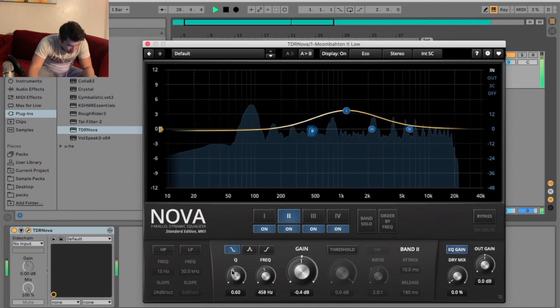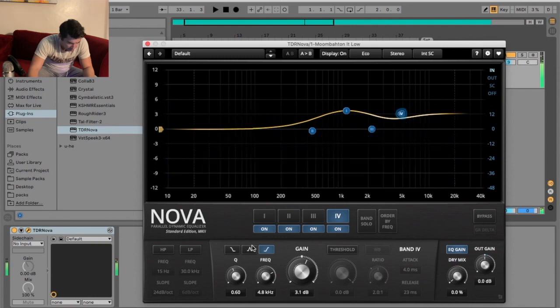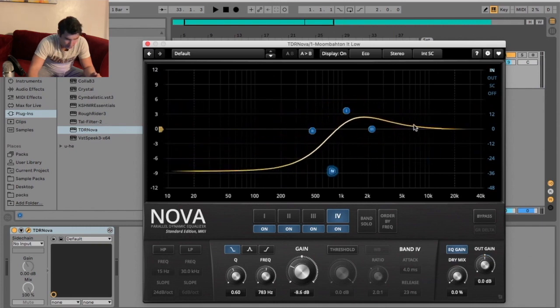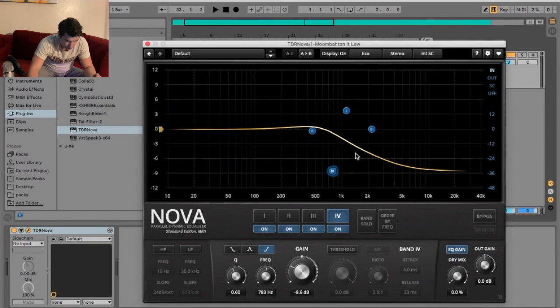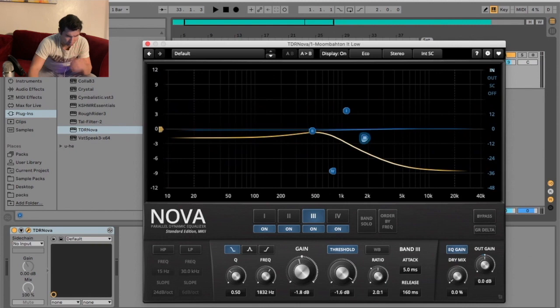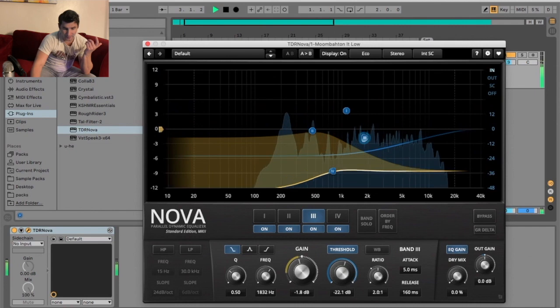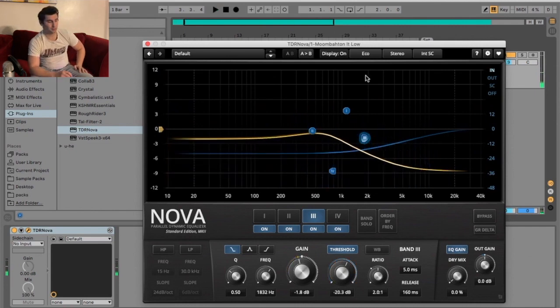Gain here, frequency 2. So it looks like we have shelf, notch, and then cut, whether high cut or low cut, depending on what I'm going for. But what if I want to high cut something though? Oh, okay, so interesting. That's interesting how this kind of structures it. Threshold. So I can, ooh, okay, so, I mean, it is a dynamic EQ, so it's almost like, in a sense,